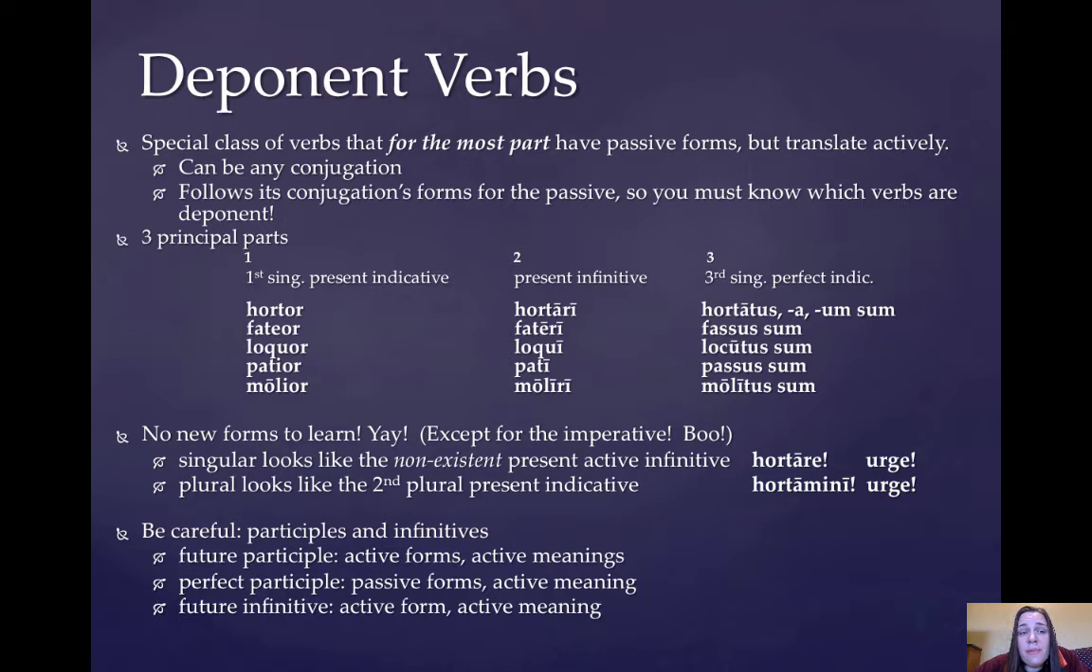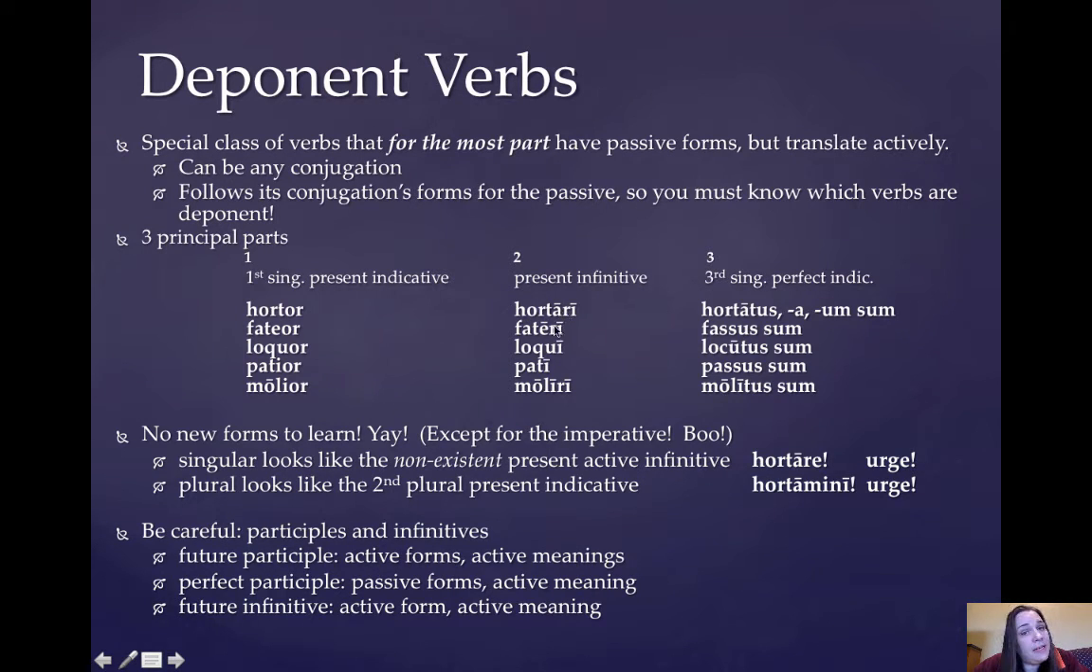Unlike other verbs, they only have three principal parts. The first principal part is the first person singular, present indicative. I say present indicative because, of course, you don't want to call them passive because they don't translate passively, and you don't want to call them active because they don't have active forms. So you can either say the present indicative or the present deponent indicative. There you go. Their second principal part is the present infinitive, and their third principal part is the third person